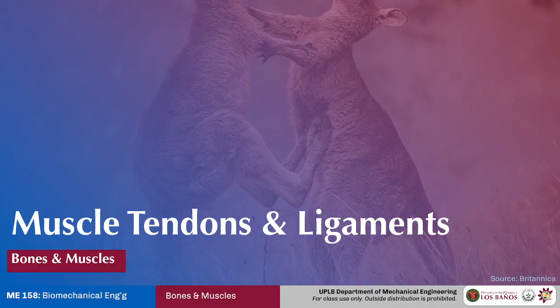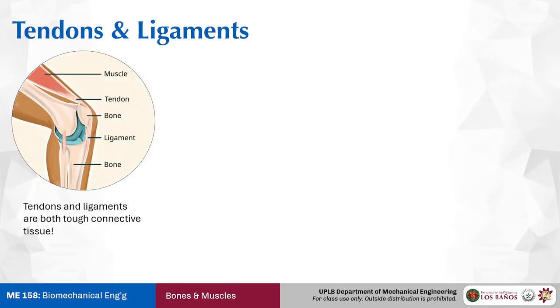Now let's talk about tendons. This will be a short one, but it is very important because aside from being attachment points for muscles and bone, they do have properties that appear when the muscle is active. Tendons and ligaments are kind of the same. They're very tough connective tissue. It's just that tendons connect muscles to bone, while ligaments just keep bones in proper contact.